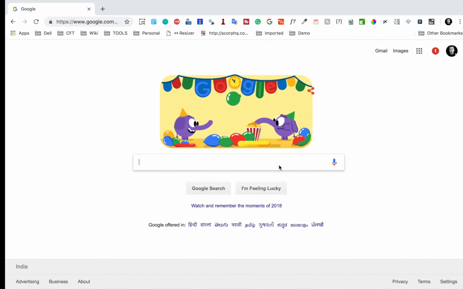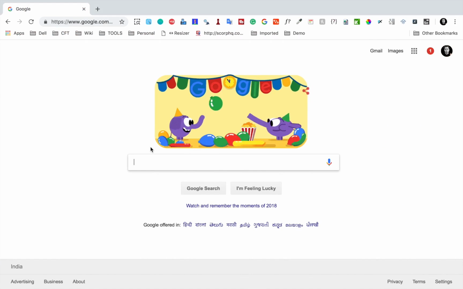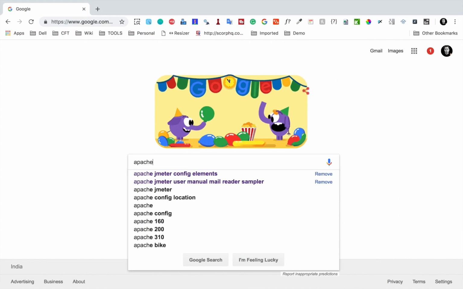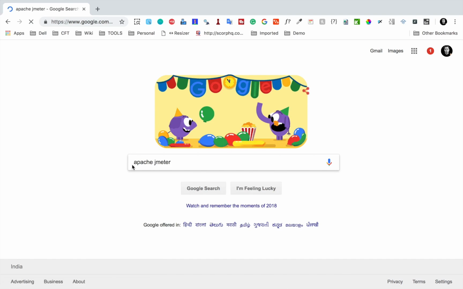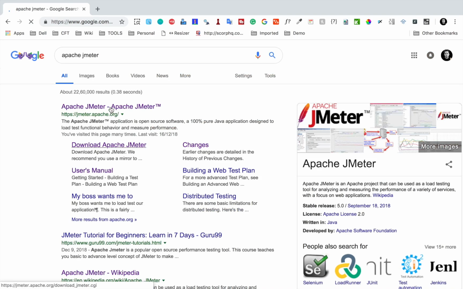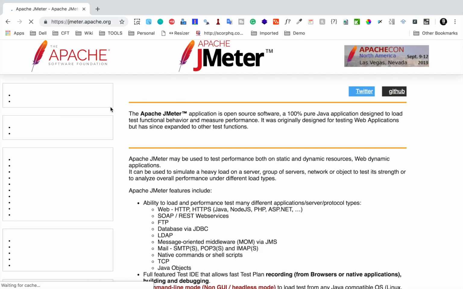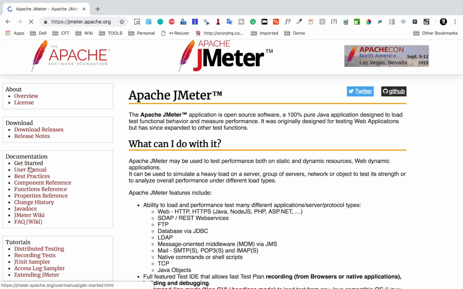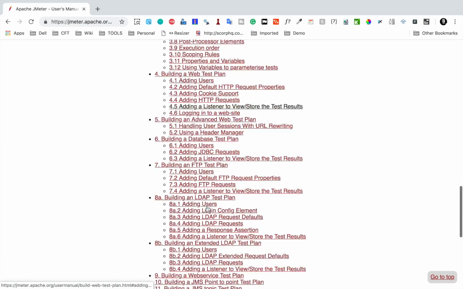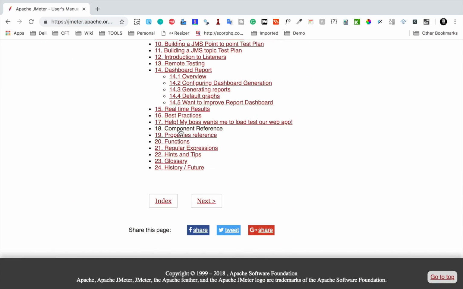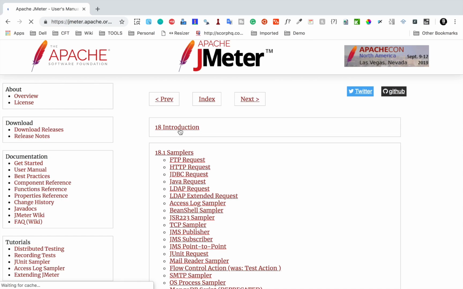If you go to the official website of JMeter, I will go to the Apache JMeter official website, jmeter.apache.org, and here I will go to the user guide. If I go to the user manual and go down under section 18, we have component reference, and here